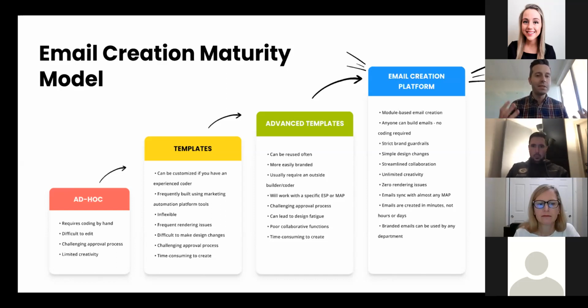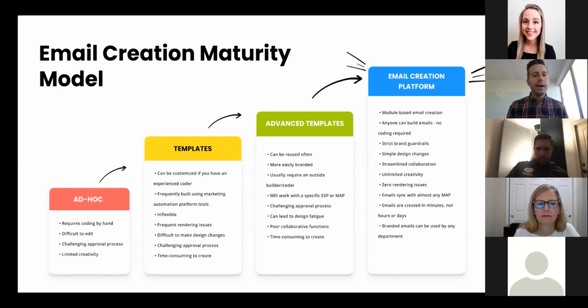Rebrand activities. Some customers I talk to, that happens once or twice a year for them, right? And what happens to your templates? They're irrelevant, right? You have to start that whole process over again. So the next stage here we see, and I'm going to pass it over to Corey here in just a minute,